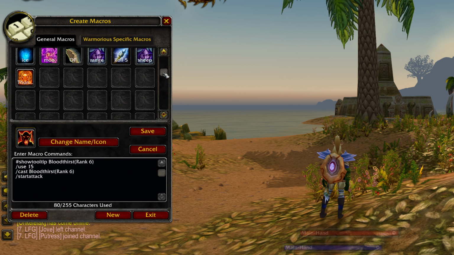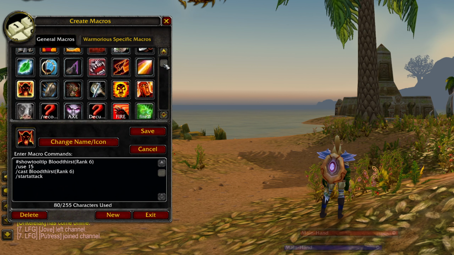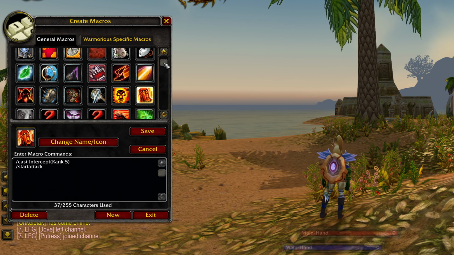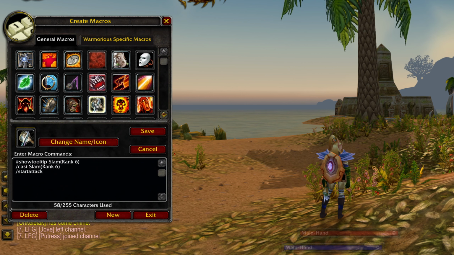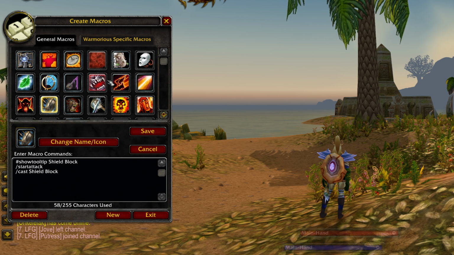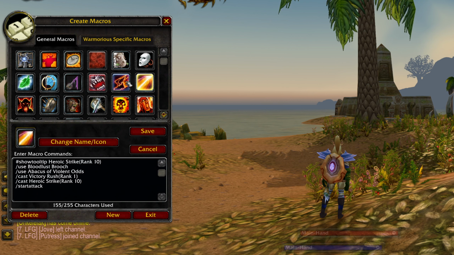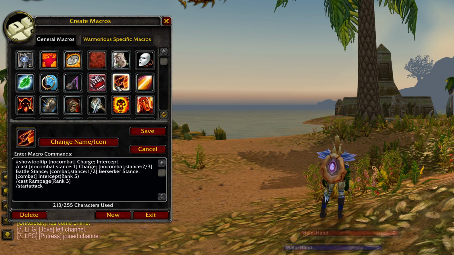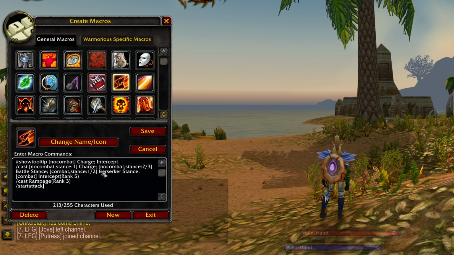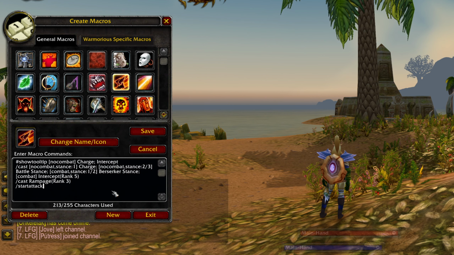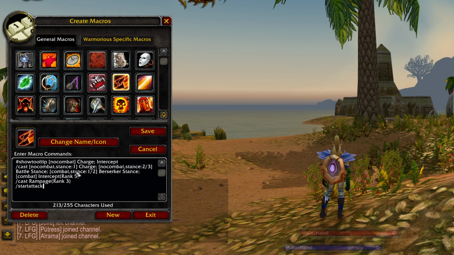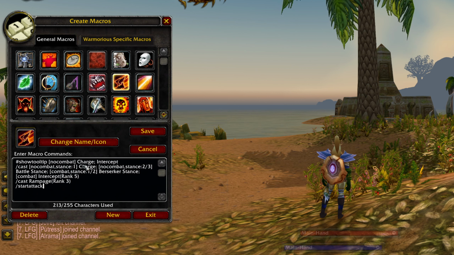Well, there's a lot of good macros anyway, guys. Some of the macros can actually detect what kind of state you're in. This macro here, again, I might leave a link in the description to this, or you can look it up yourself. It says if you're not in combat, you change to